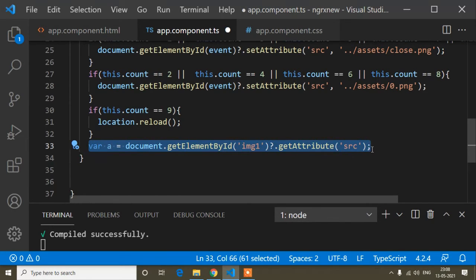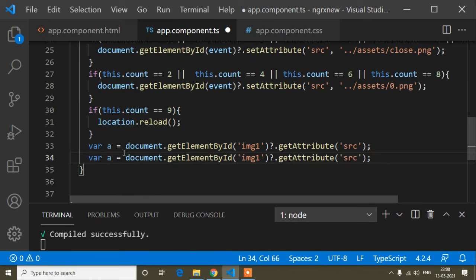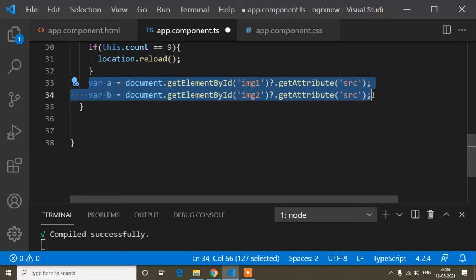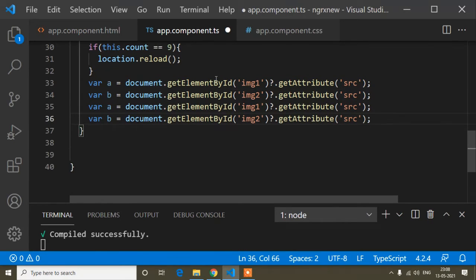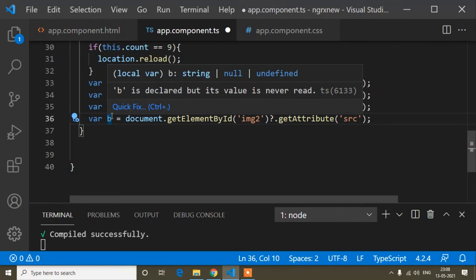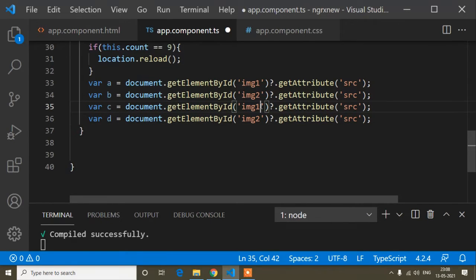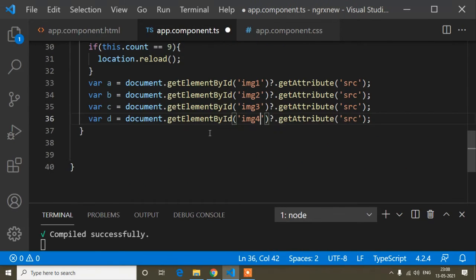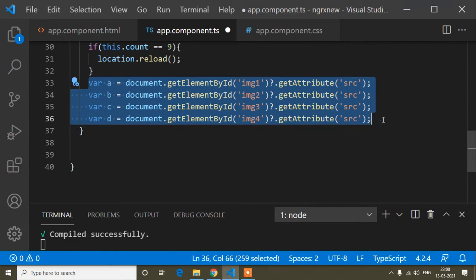First of all I will get the attribute for 9 ids, so id 2, and in the same way for 9 boxes, so here c, d. I hope you are getting my point, whatever I'm trying to explain. For all these ids, all these 3, this image, this 4, I'm getting all these ids here.